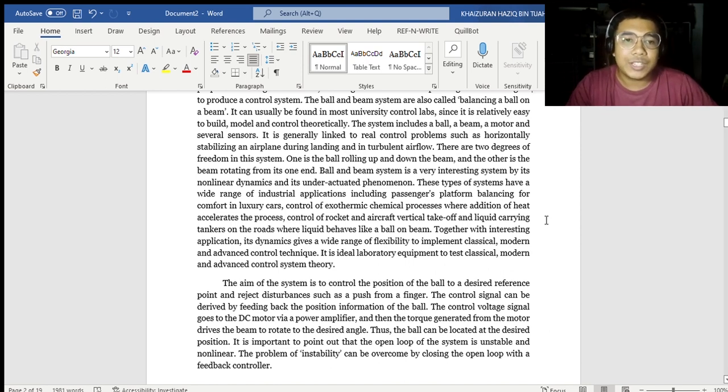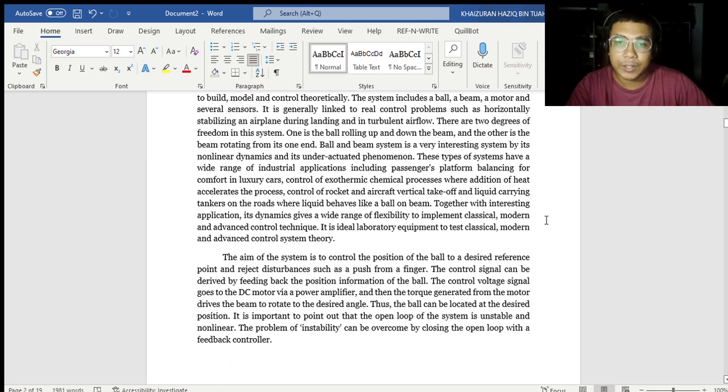This type of system has a wide range of industrial applications, including passenger platform balancing for comfort in luxury cars, control of exothermic chemical processes where the addition of heat accelerates the process, control of rocket and aircraft vertical takeoff, and liquid carrying tankers on the road where the liquid behaves like a ball on a beam. Together with interesting applications, its dynamics give a wide range of flexibility to implement classical, modern and advanced control system